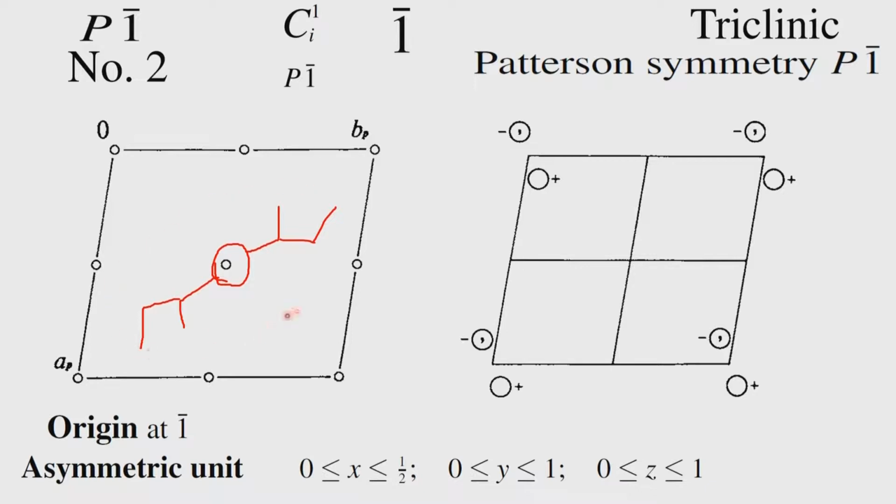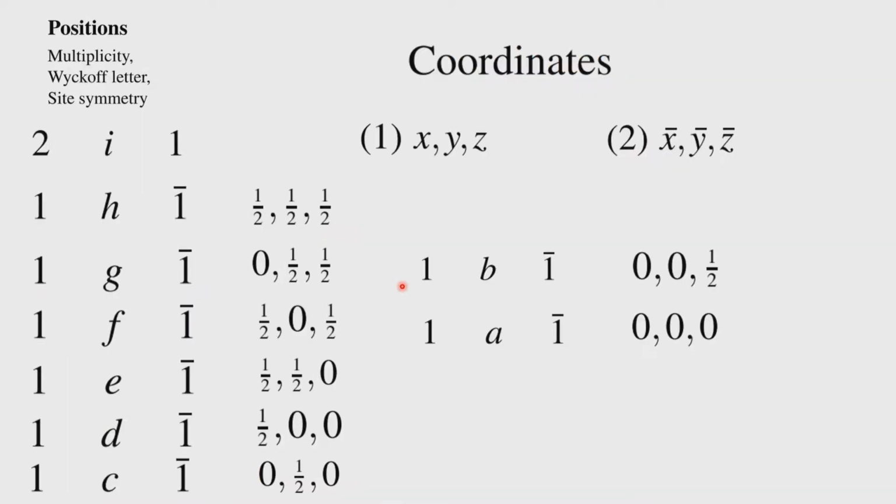So, this molecule, which is eventually generated with this kind of a contact which is shown here, has a center of symmetry. So, this satisfies Kitaigorodskii's principle that if there is a center of symmetry associated with the molecule, then the molecule prefers to sit at the center of symmetry. If there is no center of symmetry associated with the molecule, suppose we put another substituent here, in which case this will move away, and there will be two such molecules in the unit cell following the rules of the space group. So, that is how the positions of the atoms come up. We will discuss it with a realistic example as we go along further.